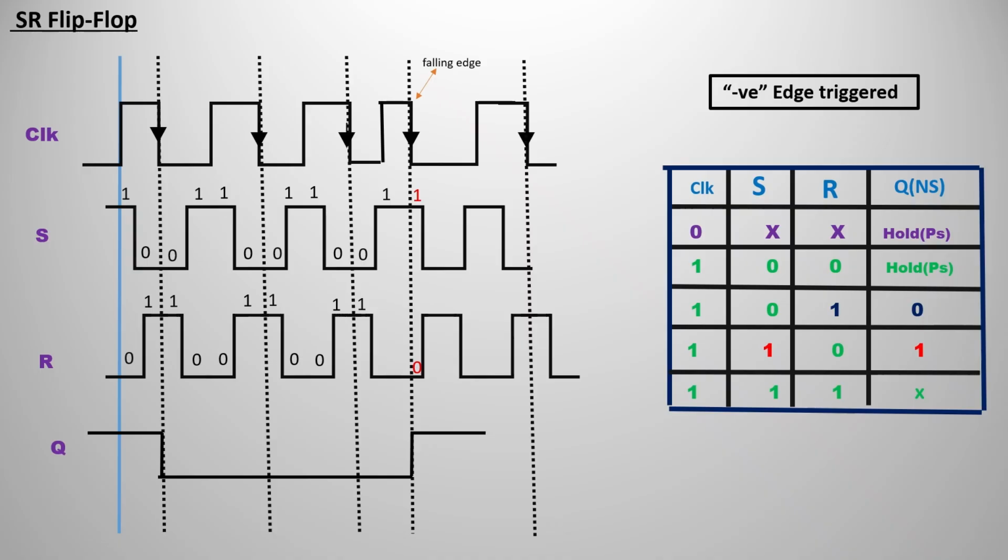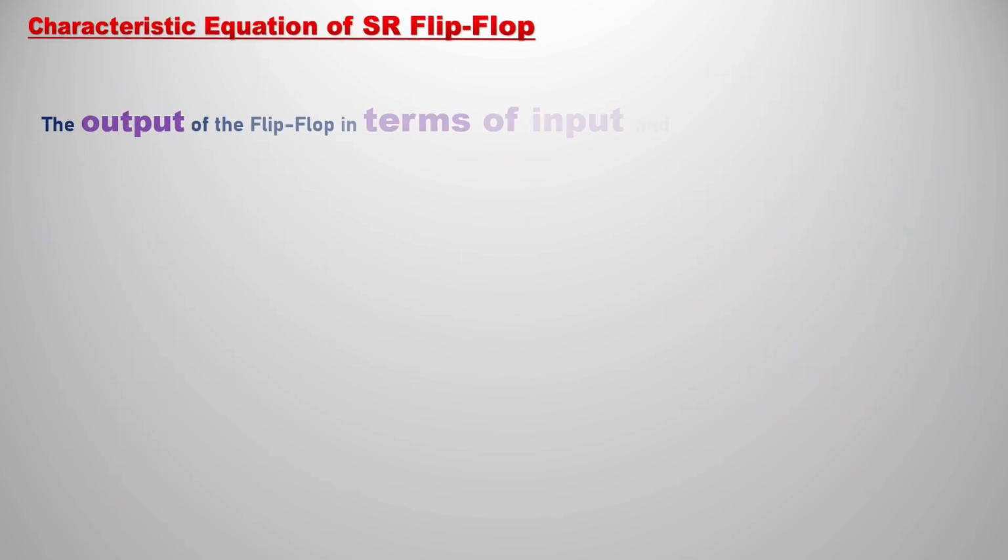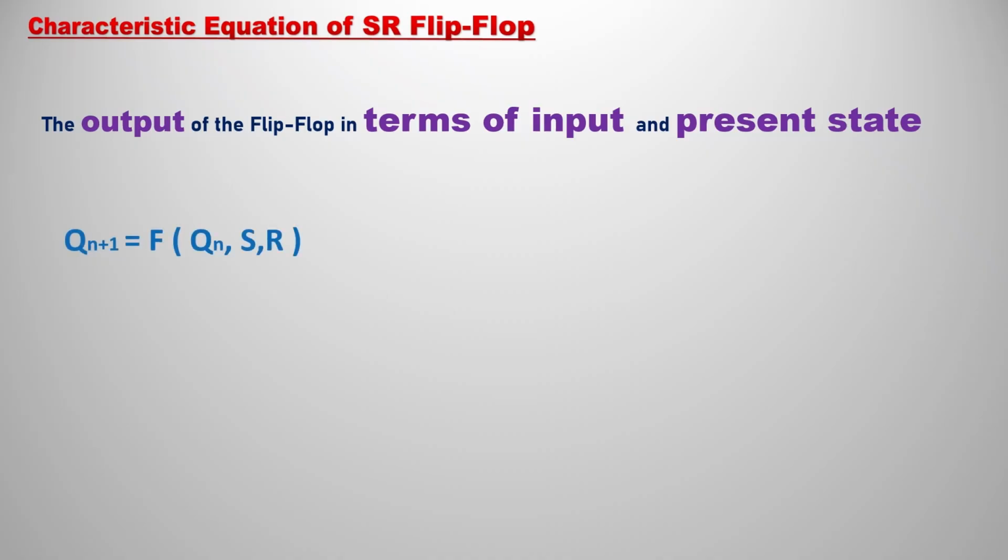So if you see the last falling edge, set is 1 and reset is 0. Here we are going to set our output Q to 1. So you can see over there how I set the output Q. So likewise, for anything that they might give, you can formulate the output Q and Q bar. Just the opposite of Q is Q bar. So I hope you understood that.